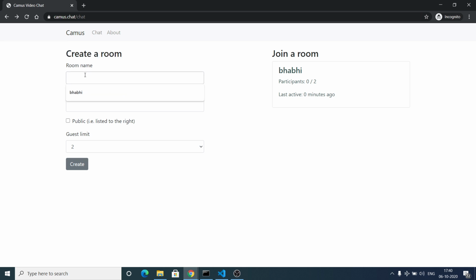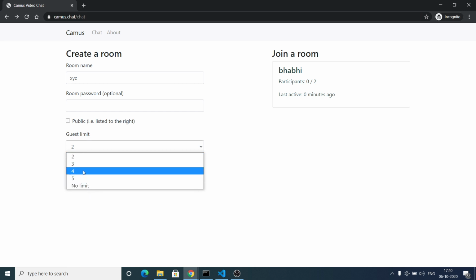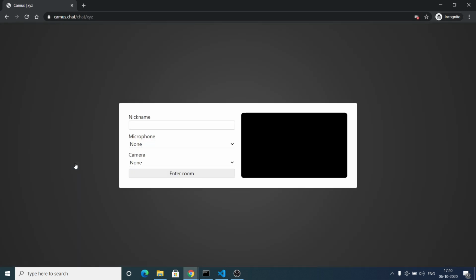Here you can give any room name. Let's suppose I give XYZ. You can also provide a password as well. This is optional. You can put this group on the right hand side so anyone can see this and join this. So you can tick mark this and set the limit of how many people can join this room. I will set this to 5, and if I click create here, you will see